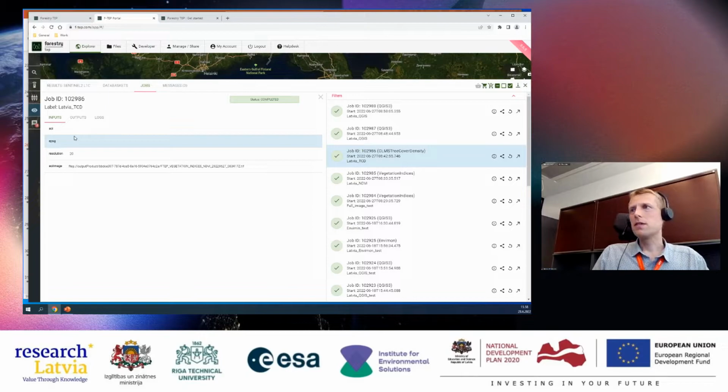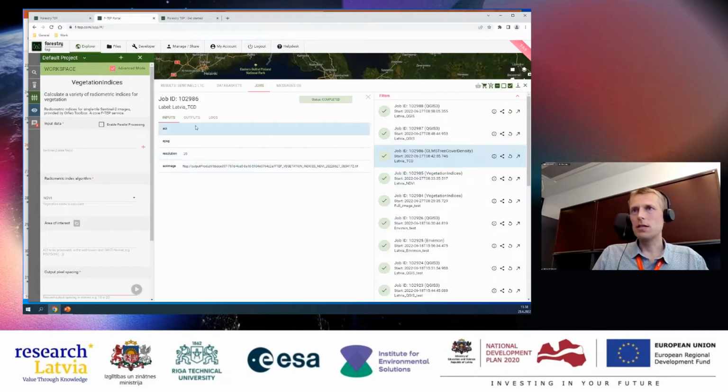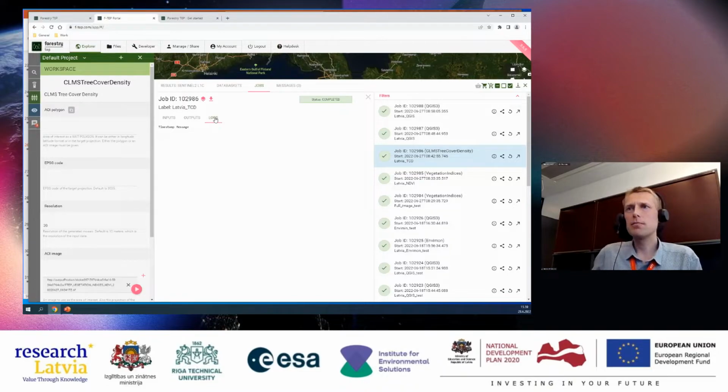Yeah, this is a very simple service, this tree cover density. So we can see the inputs here, and we can see the outputs, and we can see the logs. There is some slowness now clearly in the platform. It's usually a bit faster.